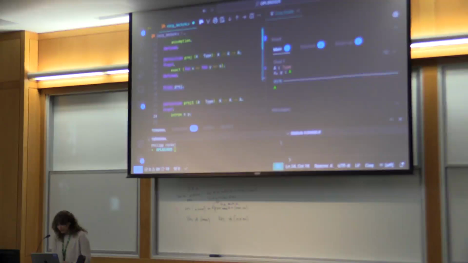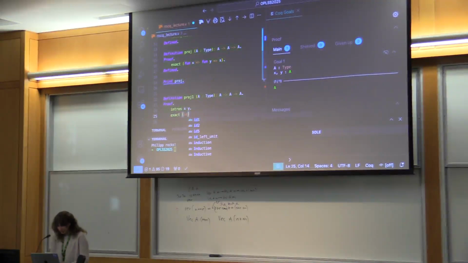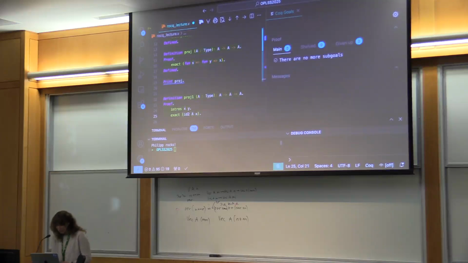But then suppose I want to write exact, and I want to do the identity function, identity 2 at X, right? I agree it's stupid to write the identity 2. I could just write X, but let's say A. Yes. I have to specify the type as well. So I could do this, but you see here in the context I have A and X and Y, and